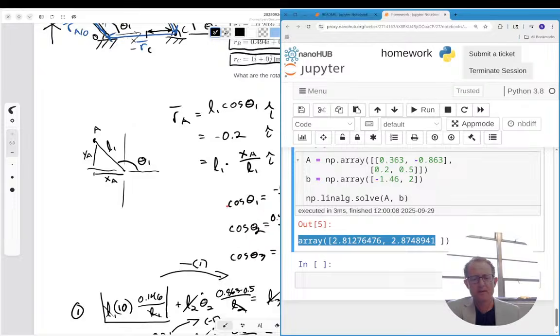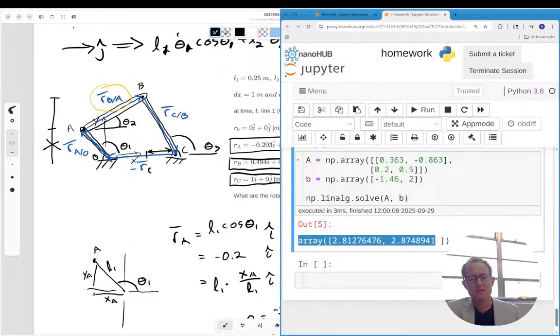There's no way that with a tiny 25 centimeter crank arm, you're gonna move a 1 meter rod at 100 radians per second. It can't multiply that high. So if it's 2 and 3, that makes a lot more sense to me. I would have expected one of them to be positive. I would have thought theta 2 is decreasing, but theta 3 is increasing. So I thought there should be a negative theta 2 dot and a positive theta 3 dot, because it's talking